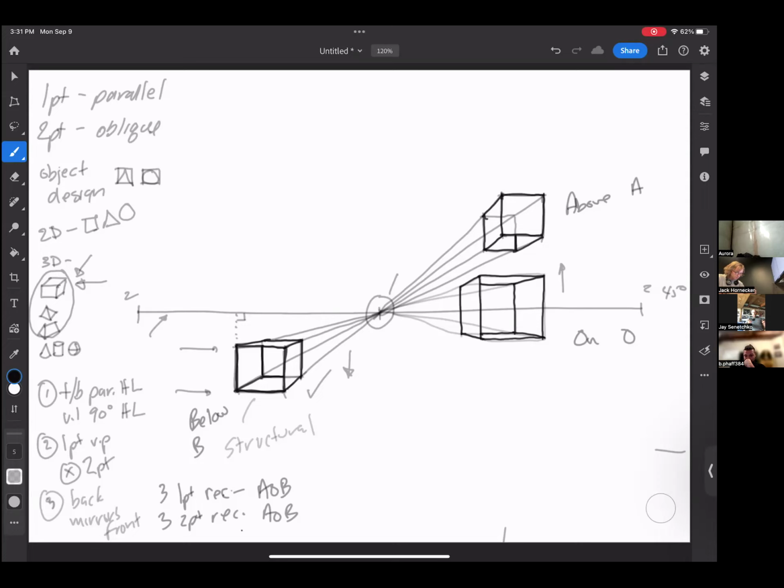That front corner is going to have exactly one thing in common with a 2-point object or with a 1-point object. That front corner is going to be perpendicular to the horizon line. All rectilinear objects in 1-point and 2-point, their vertical lines are always going to be 90 degrees to the horizon line. Okay, so for 2-point, your vertical lines are 90 degrees to the horizon line. Second point, and most important, you will only and always use your 2-point vanishing points for a 2-point object. You will never use a 1-point vanishing point.